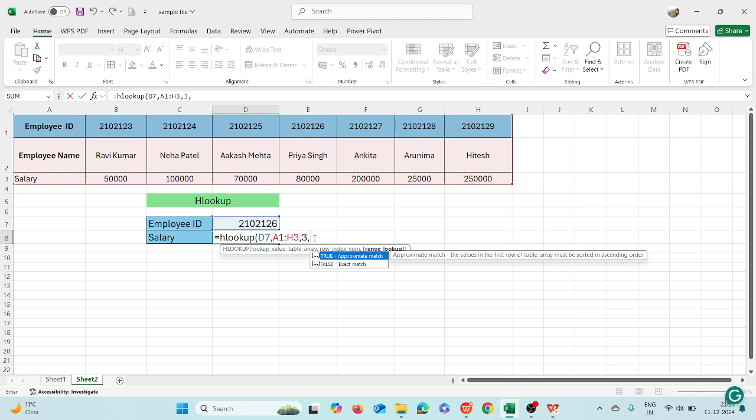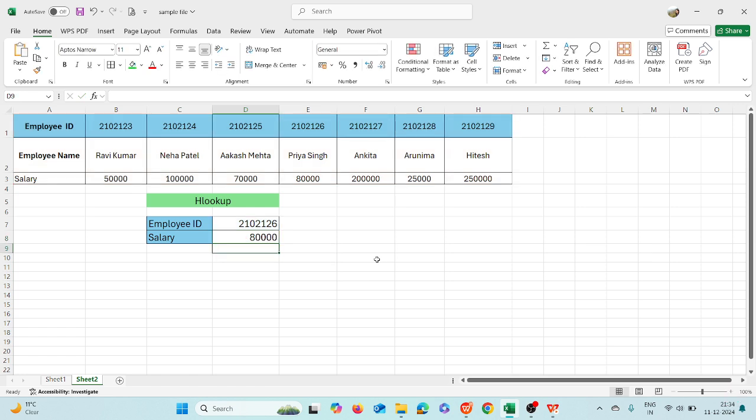After that comma, and again we want the approximate match. So that is why we put 1 over here, and then close this bracket and press enter. So as you could see, on the employee ID 2102126, we have the name Priya Singh and the salary is 80,000. So this record is correctly matching, right?